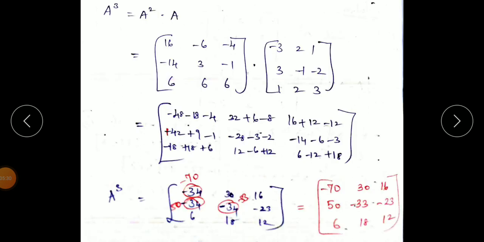Now, we should find the value of A cube, A squared and 12A as well as 18I, and then substitute in that equation, we will get the 0 matrix as a null matrix. Let us see that now. So, A squared is A into A. So, A into A, you just multiply and then you get the A squared value. Okay, next, A cube equal to A squared into A. So, what is A squared? That A squared value and A value. Then you can multiply and then get the answer as this one.